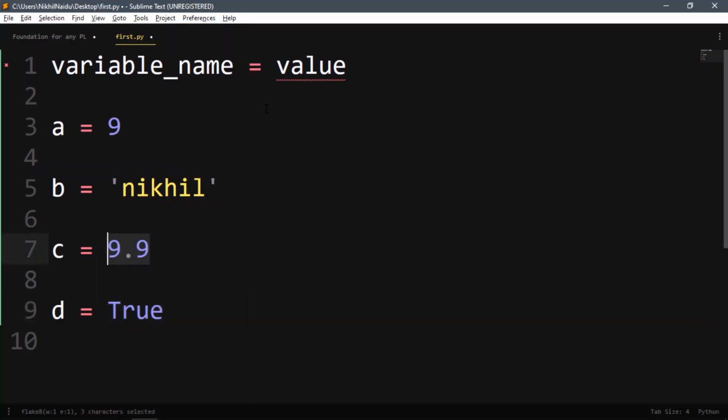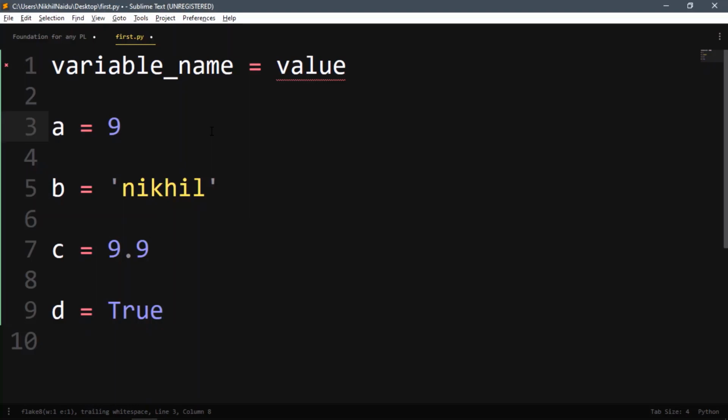If we remove the word value and use data from now on: 9 is data, Nikhil is data, 9.9 is data, true is data. They all have different types, so we call them data types.